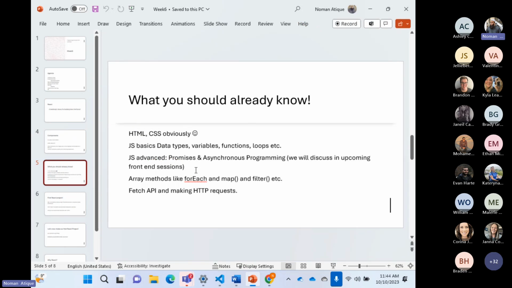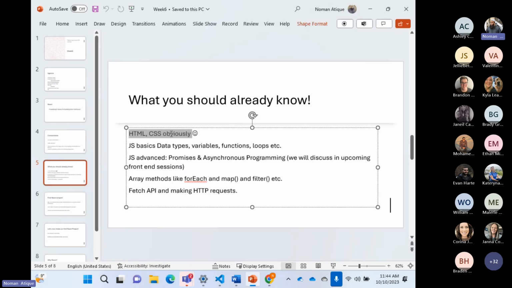But you should already know. Now, here is an interesting thing. HTML, CSS, and JS, JavaScript, obviously. We need to have an understanding of HTML, CSS, and JavaScript, which is the following: JavaScript basics, data types, variables, functions, loops, etc. Now, I'll just highlight these two areas. Are these two areas we have been spending too much energy on till this point of time? What is CSS? What is HTML? How do we work with them? Why do we need a concept of them? Because basically the basis of React actually falls in HTML, CSS, and JavaScript.